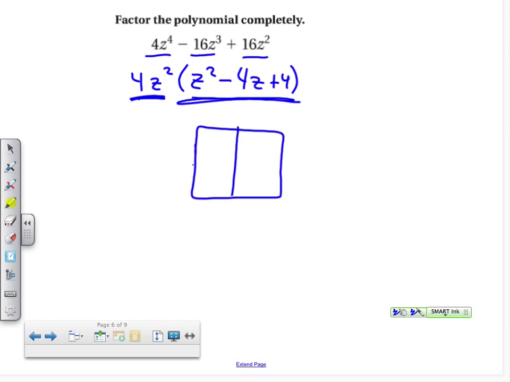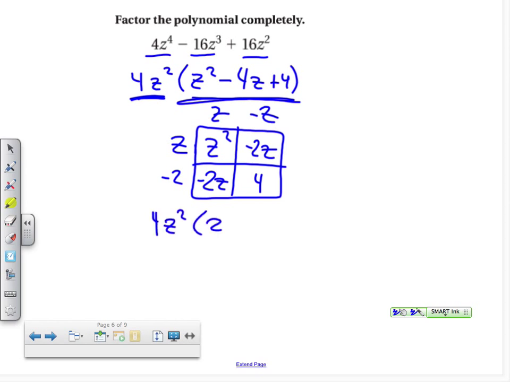All right, so we got z squared and 4, but multiplies to 4 and adds to negative 4. Well, that's negative 2 and negative 2. So we got z minus 2 and z minus 2. That's a perfect trinomial square. So our factored form is 4z squared times z minus 2, and since it happens twice, we say it's squared. So we got,